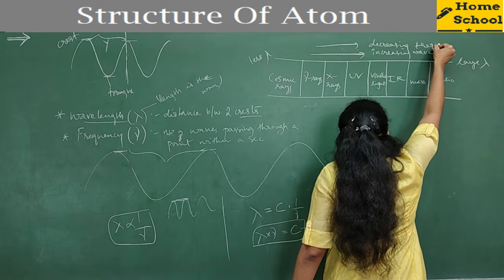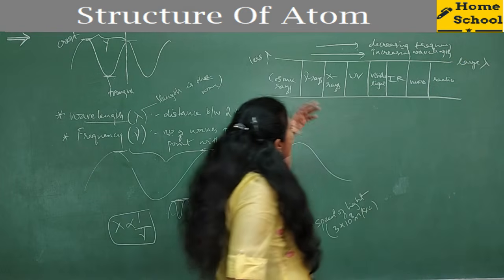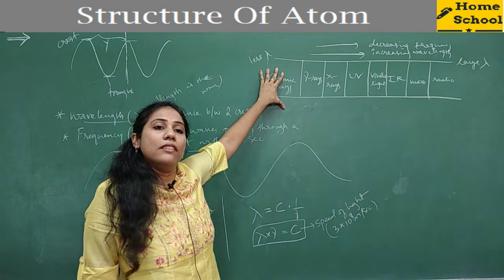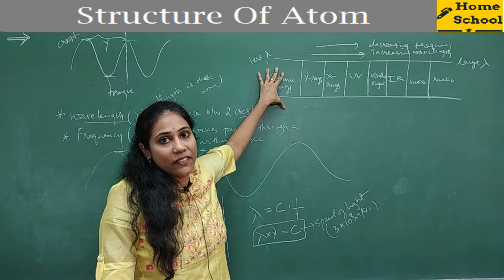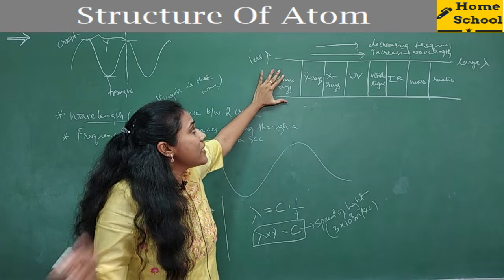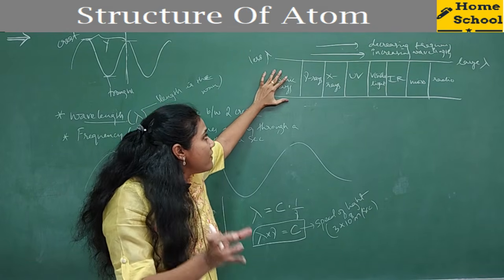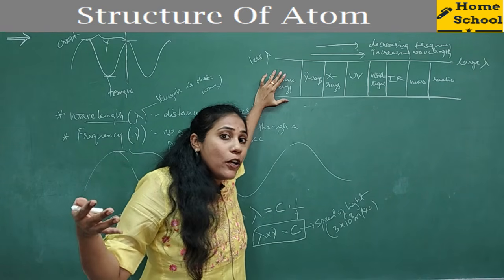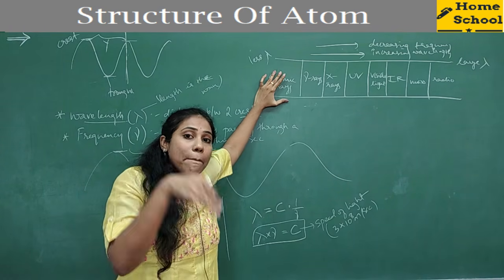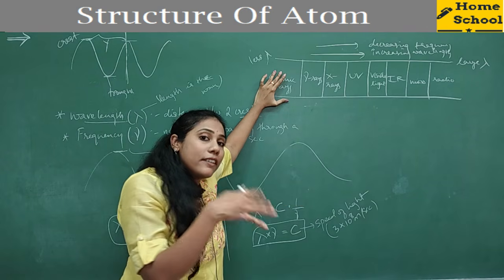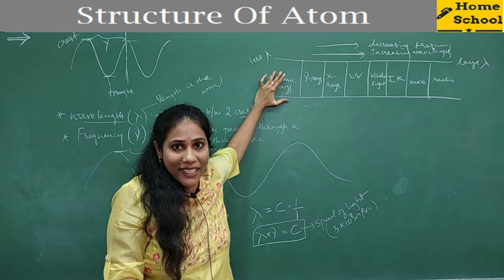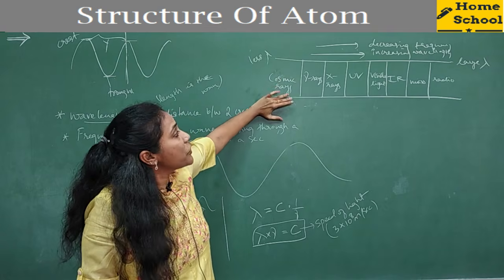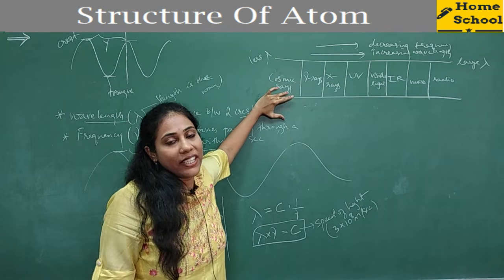Decreasing frequency. Yes or no? So which of them will have the highest frequency? The one which has less wavelength will have the highest frequency. I mean, these radiations are very short. These waves are very short, so many waves or rays can pass one particular point in a very short amount of time. Yes or no? So frequency is very high for those which have a smaller wavelength.